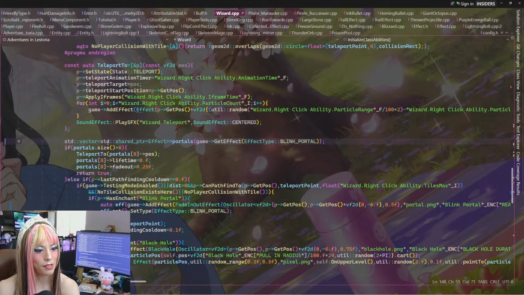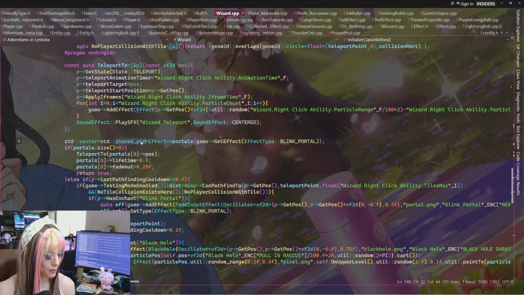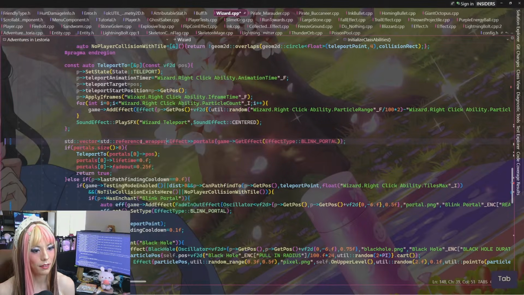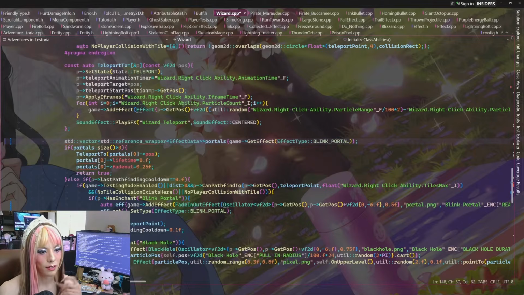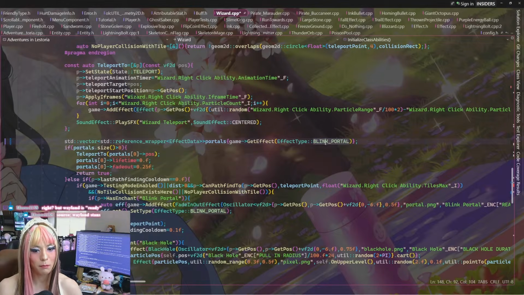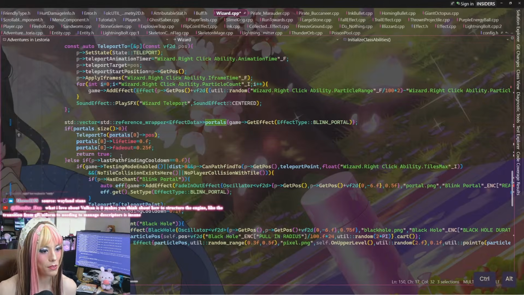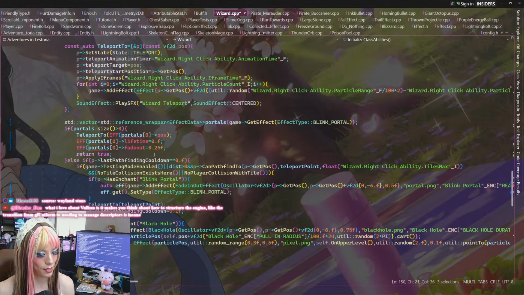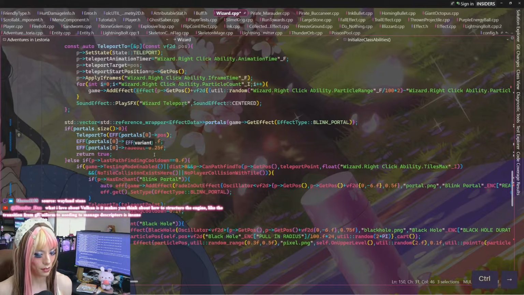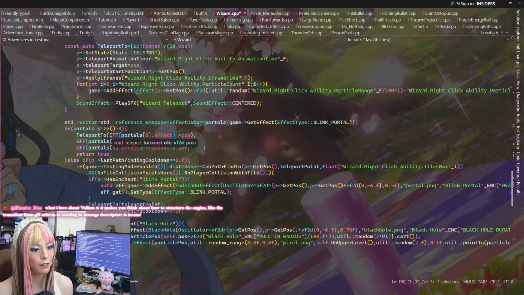Okay, so this needs to be a vector of reference wrappers of effect datas. So then, what is this supposed to do? So this is supposed to be portals. So portals are... huh? Oh, we're looking for blink portals. And then if we find some, we teleport to them. So I need to deduce the effect from those, from the first one found, and only the first one found, apparently.